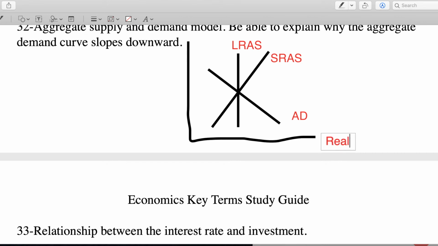So this is real GDP, some measure of output, and then the vertical is going to be some price level. The way that this relates to our standard supply and demand model is that the standard model, with ordinary supply and ordinary demand, is for a single market, single good or single service. The aggregate demand, aggregate supply model is for the entire economy. That's why we have to have real GDP, and then the price level.